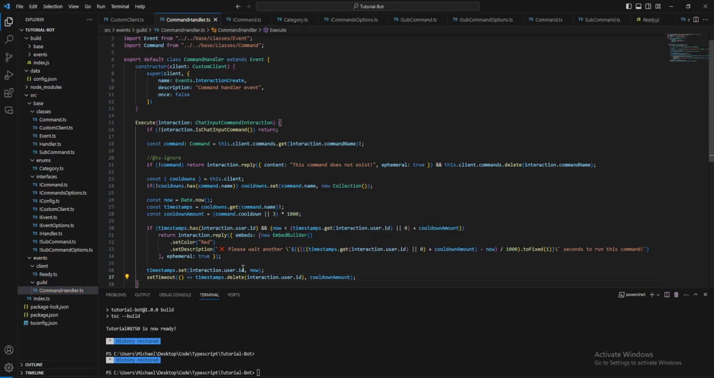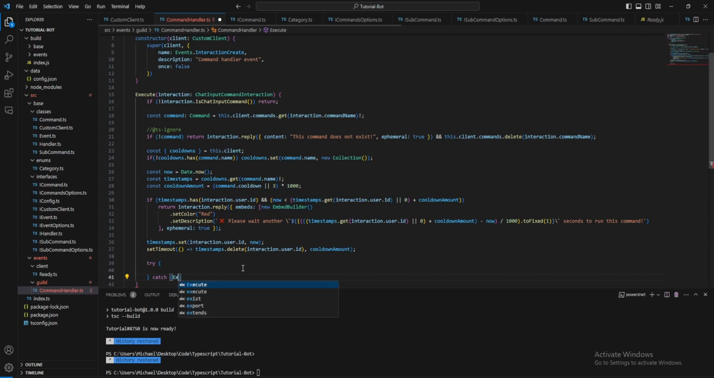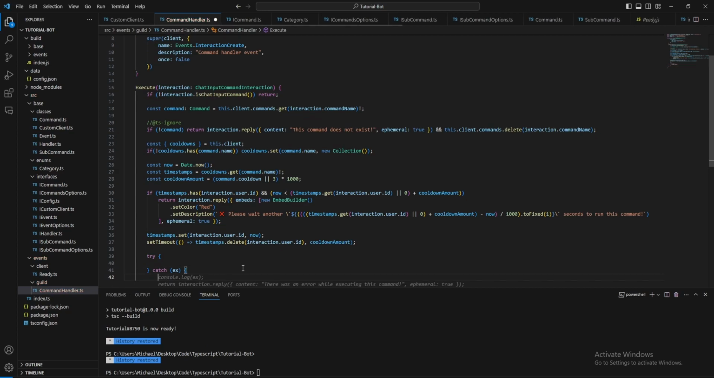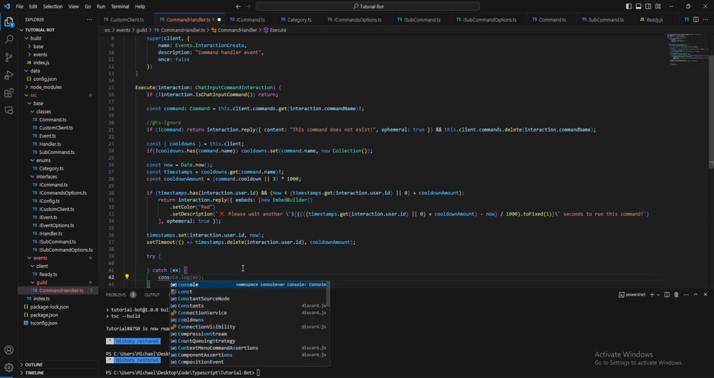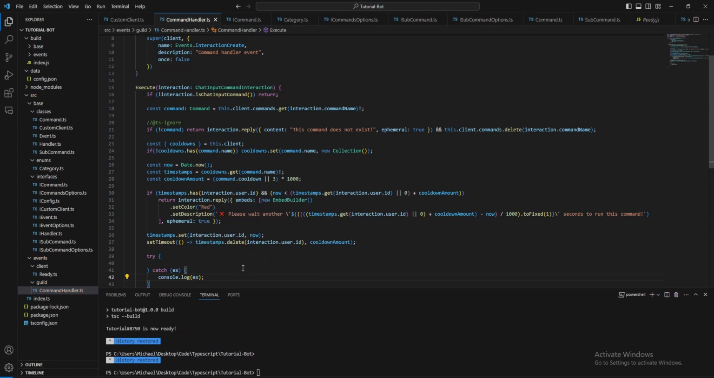Now for actually running the command, we want to just do a try catch, then just do ex in the try, or in the catch, sorry. And then in the catch we can do console.error and just do the exception. Later on, we can make a better way to handle these, like logging into a Discord channel or into a database. Now, in the try, we want to do const subcommandGroup equals interaction.options.getSubcommandGroup,